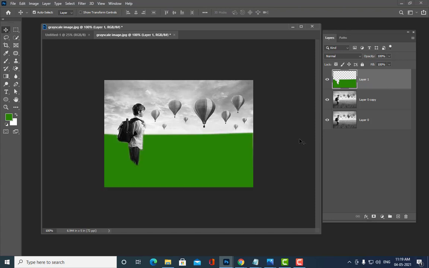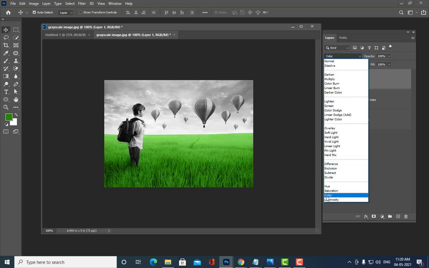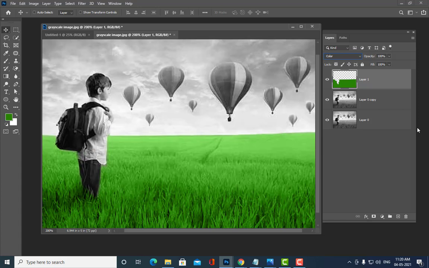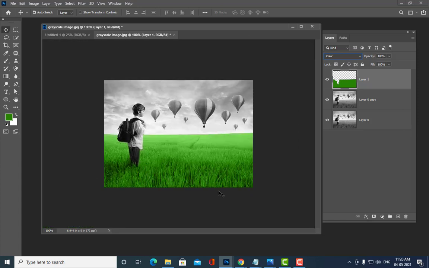And then we will use our blending mode. Which blending mode? Color blending mode. If you don't want the color to be too dark, you can reduce the opacity. So now it is a little bit lighter.